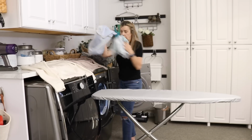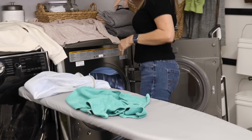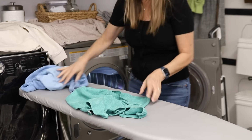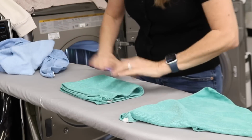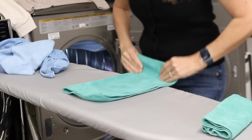Microfiber is designed to trap dirt and particles, so washing them with other materials can reduce their effectiveness over time. The best solution is to wash them in a separate load to prevent lint transfer from other fabrics, but I don't have enough microfiber cloths to wash them separately, so I wash them in a mesh laundry bag. The mesh bag acts as a barrier which reduces friction and keeps the microfibers from getting caught on other items